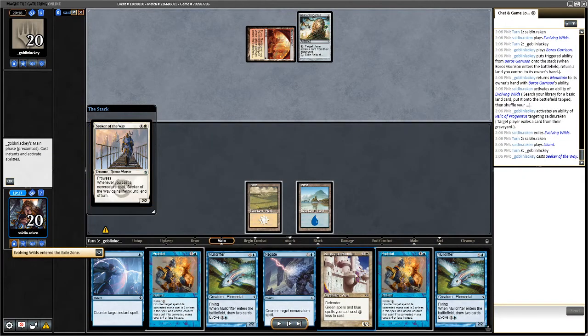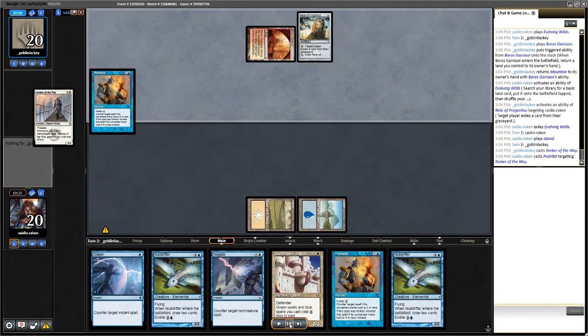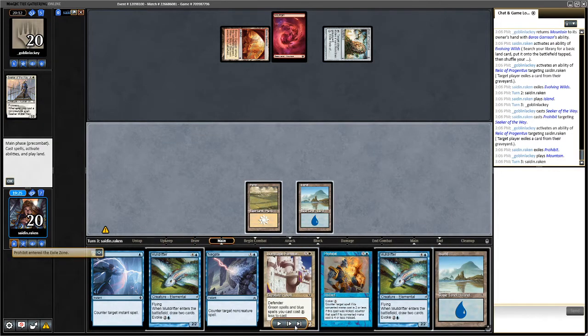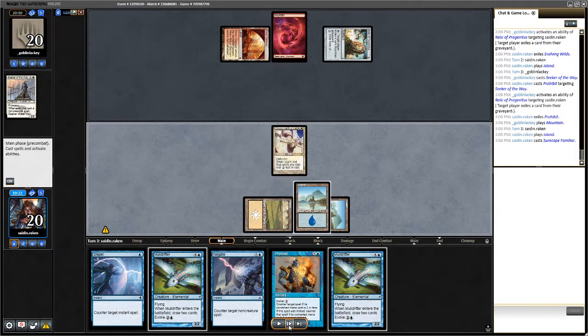I'm going to not play my Sunscape Familiar turn 2 because they have so many removal spells that can get them. And here I get to prohibit the Seeker of the Way. Especially since I have 2 prohibits, I'm hoping I can just draw into a land and then hold up prohibit along with the Sunscape Familiar. Luckily I do draw into a land, so we'll play out the Sunscape, and then I've got Dispel, Negate, and